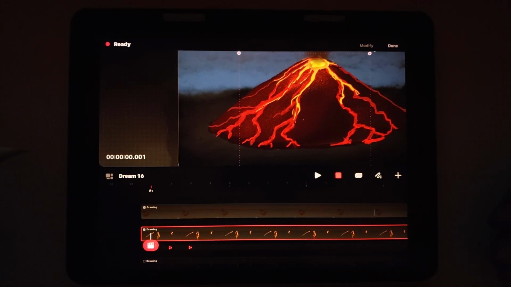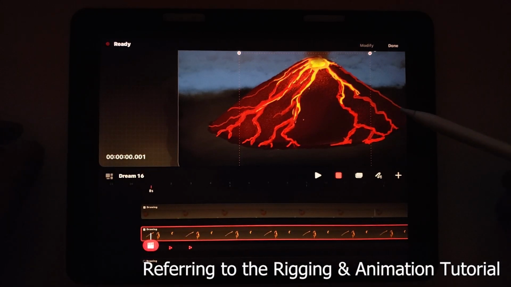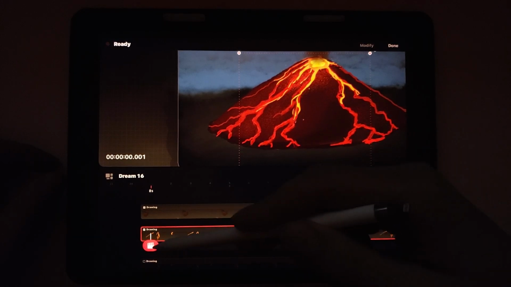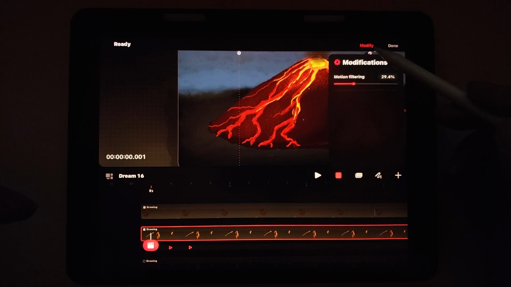Here's something else that I noticed recently in my experiments. And this is something I wasn't aware of when I created the vehicle rigging animation. But as you know, it's still new software and we're learning. If you are on the perform mode, you would notice that sometimes the animation doesn't get picked up precisely as you're moving the effect. If you click on modify, it has this process of motion filtering,